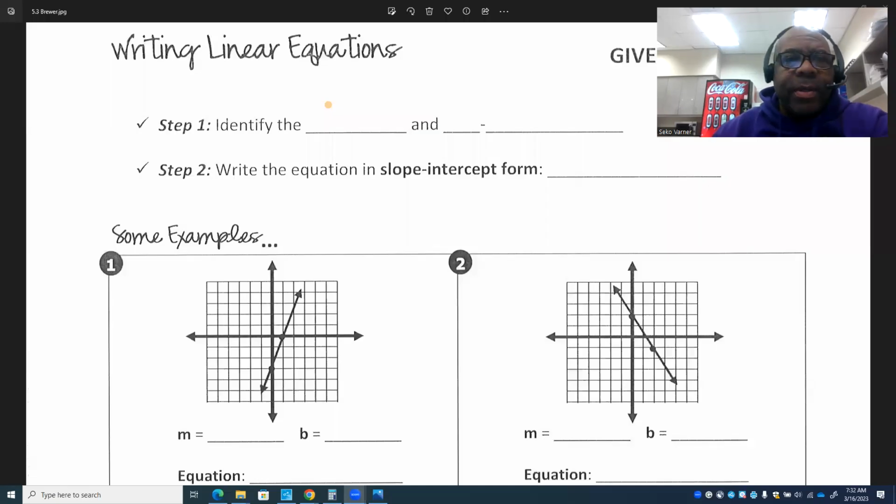All right. What we're going to do is write these linear equations. Okay, so let's start off with step one. Step one, we're going to identify the slope. So that should say slope